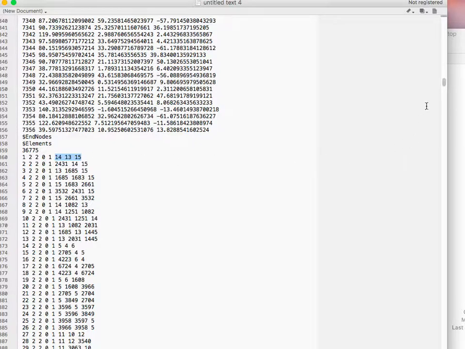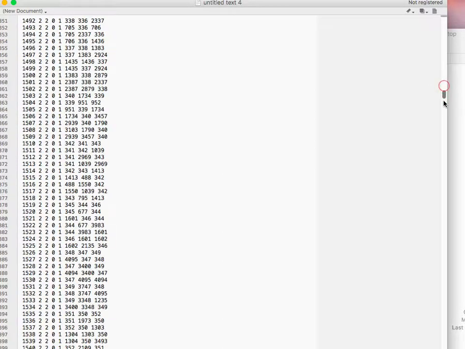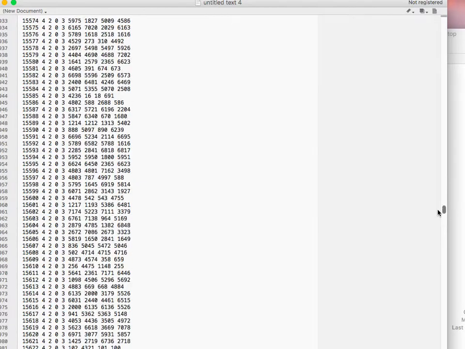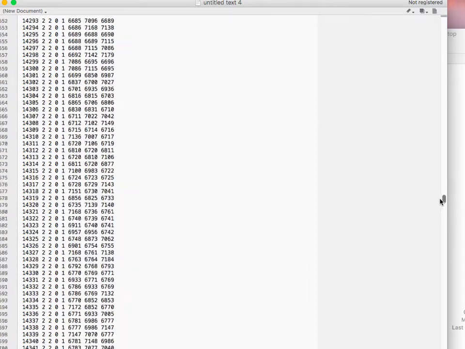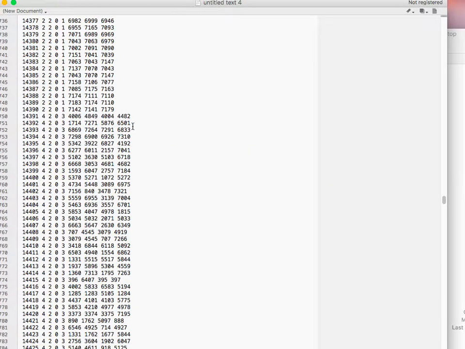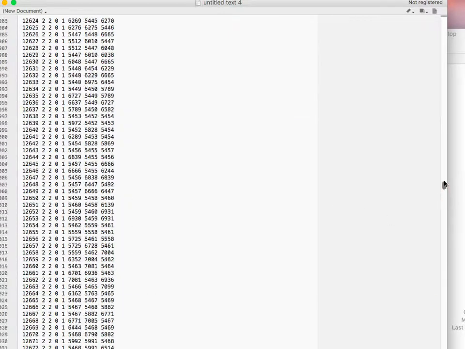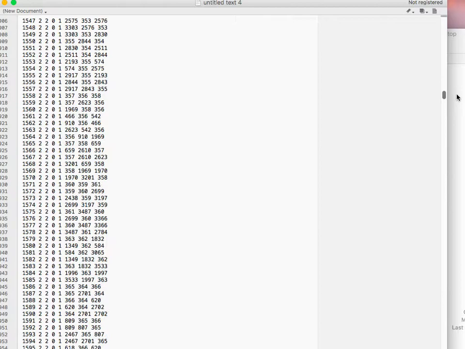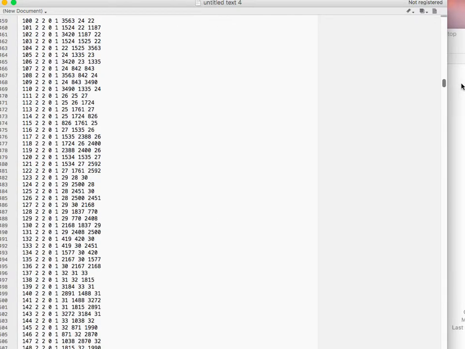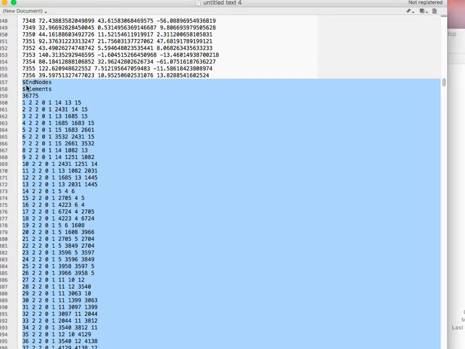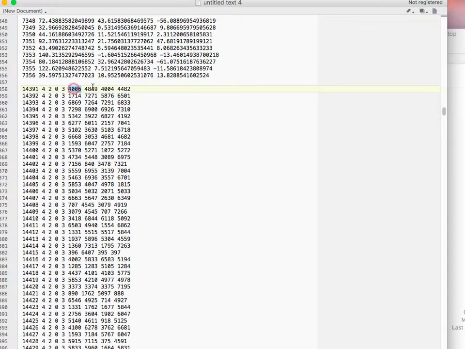We want 3D elements. So the 3D elements, in our case a tetrahedral element, has to be formed with 4 nodes. So let's go down somewhere in the middle of the file where we can find the elements that are formed using 4 nodes. 1, 2, 3, 4. This is the very first one that is formed using 4 nodes. So all of these above this one can go. We can erase them. We can get rid of them. We don't want 2D mesh, right? So let's delete everything up to here, and this is where your tetrahedral elements start, formed by 4 nodes each,